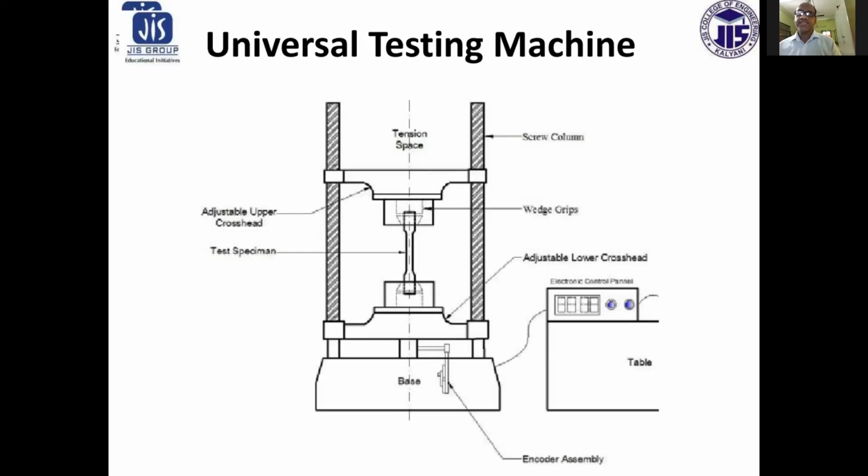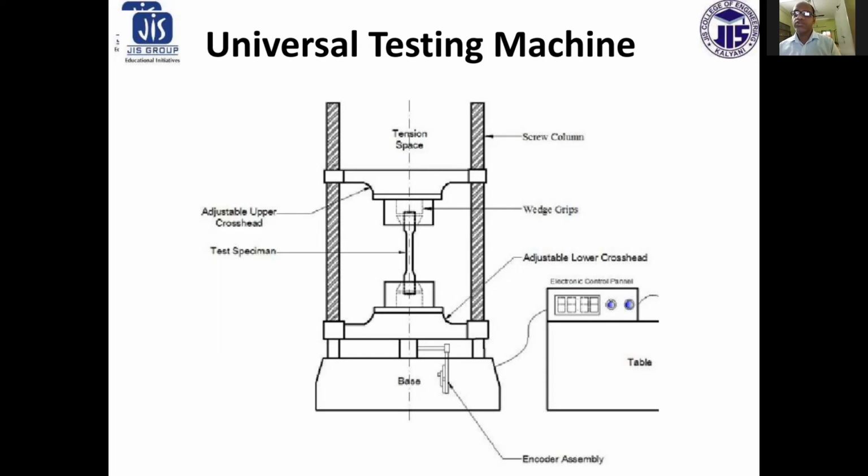So tensile testing is done on a machine that is called the universal testing machine. Why is this machine termed a universal testing machine? Because tensile testing, compressive testing, bending testing, and some creep tests, with some special attachment, can be done in the universal testing machine. As many tests can be done in this machine, it is called a universal testing machine.